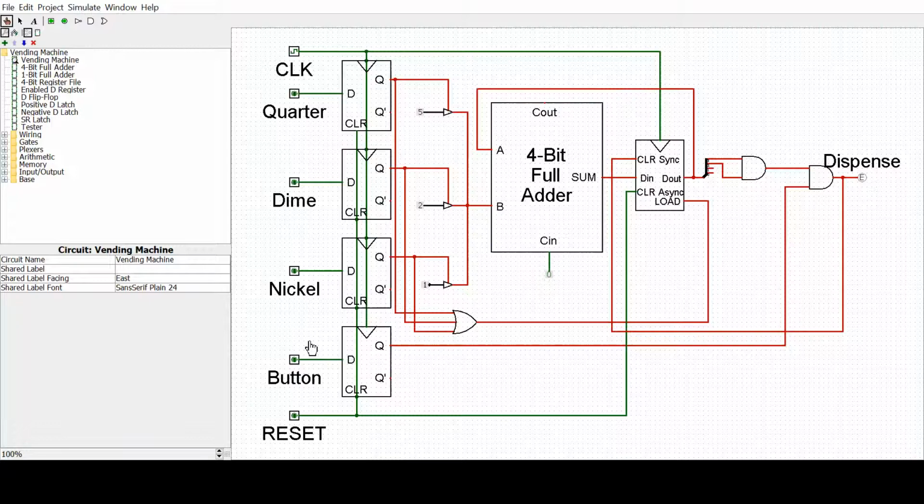This isn't exactly an FSM because there's not much output being fed back to input, but I didn't think a full FSM was necessary here, so this is just a circuit that basically does the same thing. So what this circuit does is it takes the nickel, dime, and quarter signal, and if there